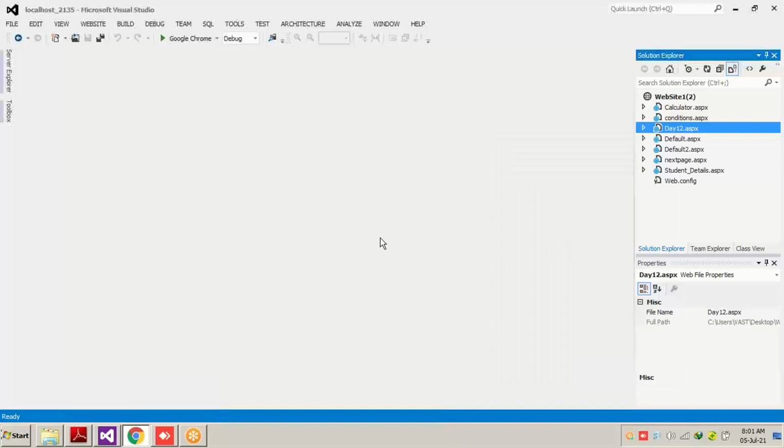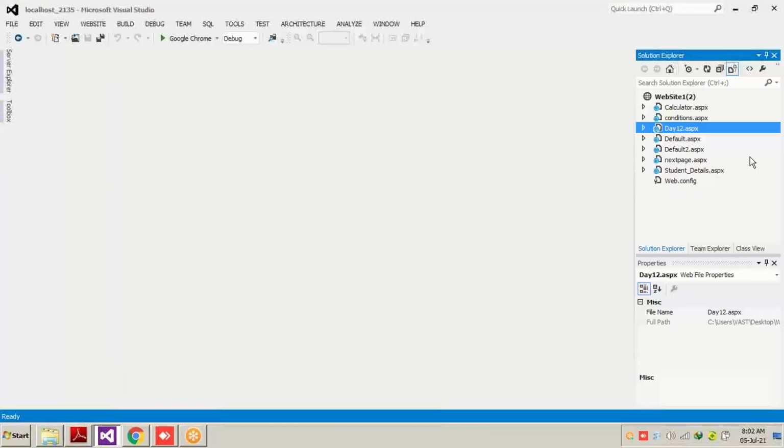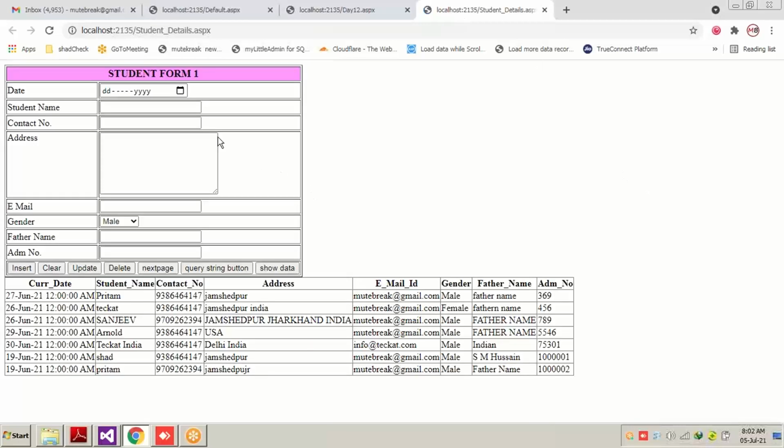Day 12. Let's see which page we have. I don't want this page; what I want is the student detail page. We are working on this page, student detail.